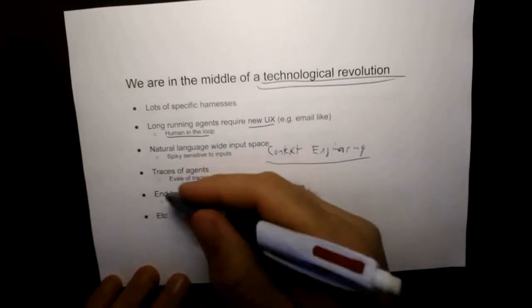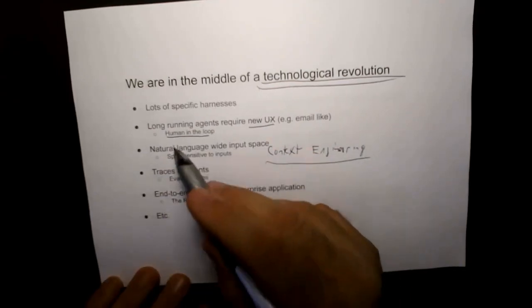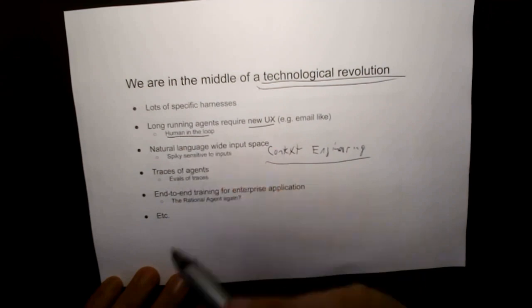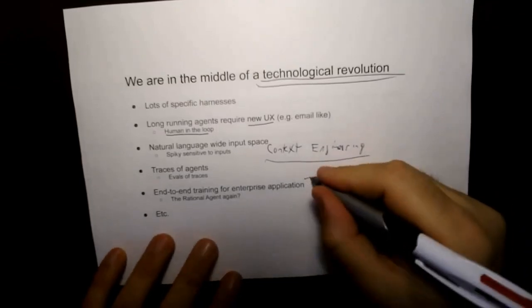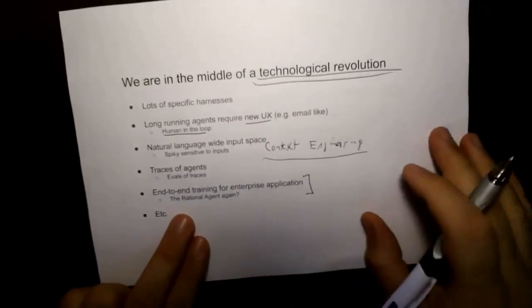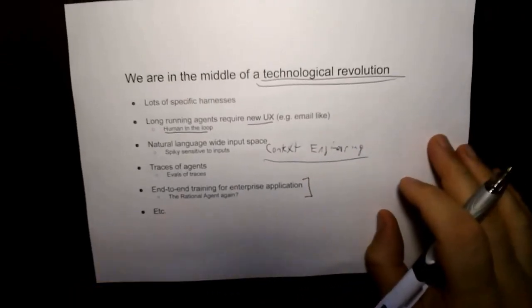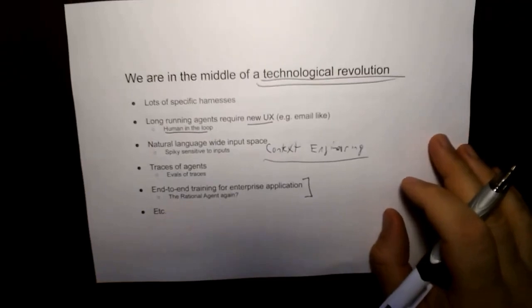Then there's also this thing coming maybe from LangChain, which is traces of the whole thing. How can we bring the traces back in and evaluate, do a little bit of meta reasoning over everything? And then finally, I just mentioned this to bring back the old rational agent again. Maybe for enterprise applications, we do want to actually frame things